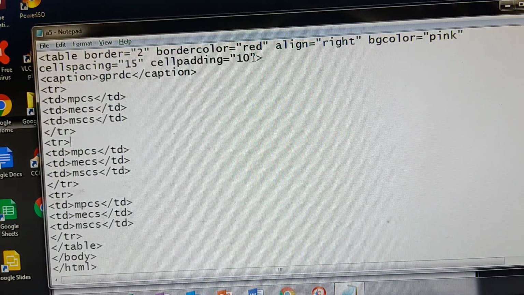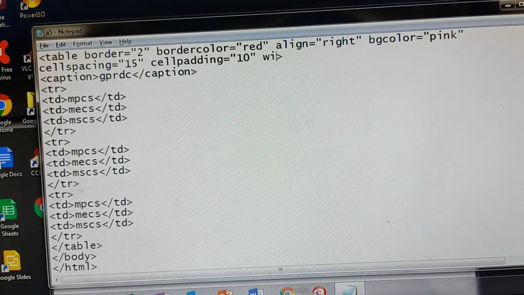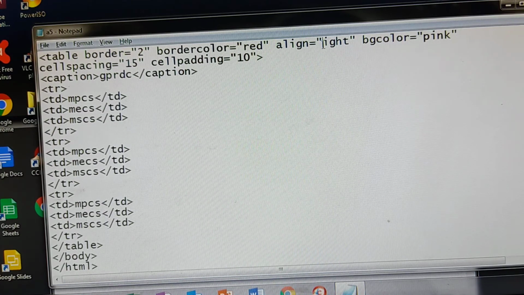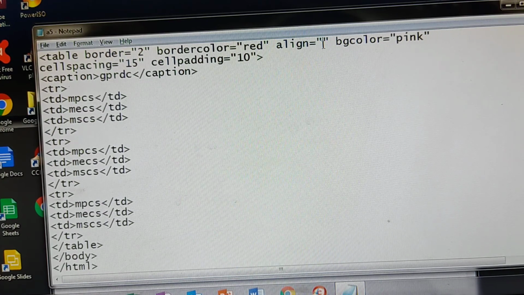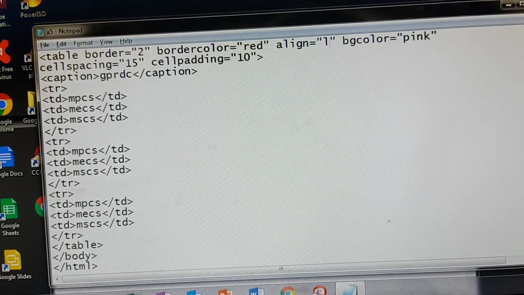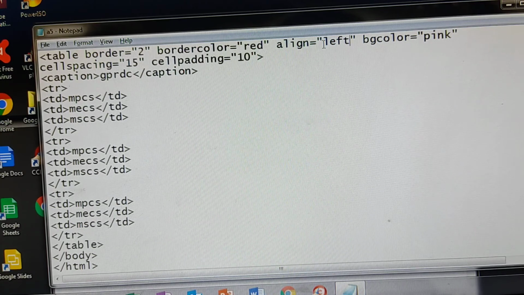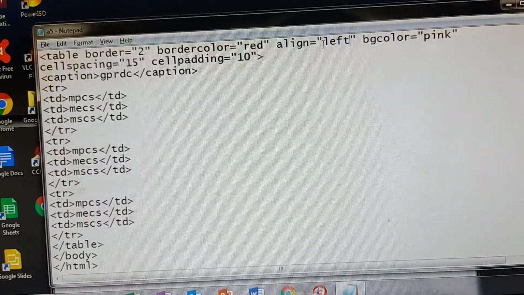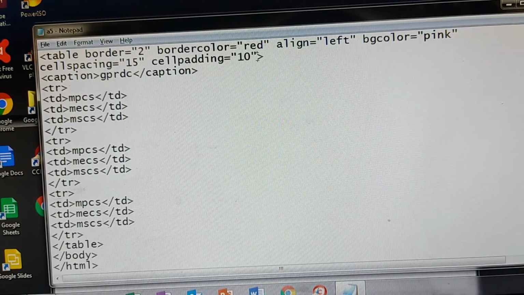Now more attributes are there, that also I will give: width. Width equals to, see, in order to give the width, first I am changing the alignment, because I have given alignment as right, and you won't get that difference. So here I will give align left, so that you will get the difference. Here I am giving a width.